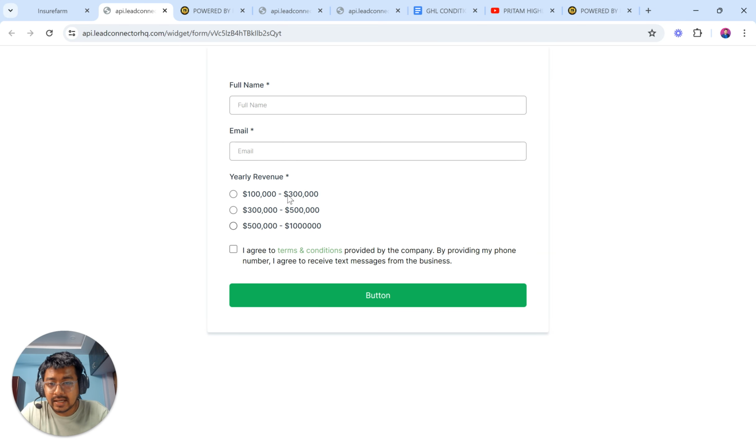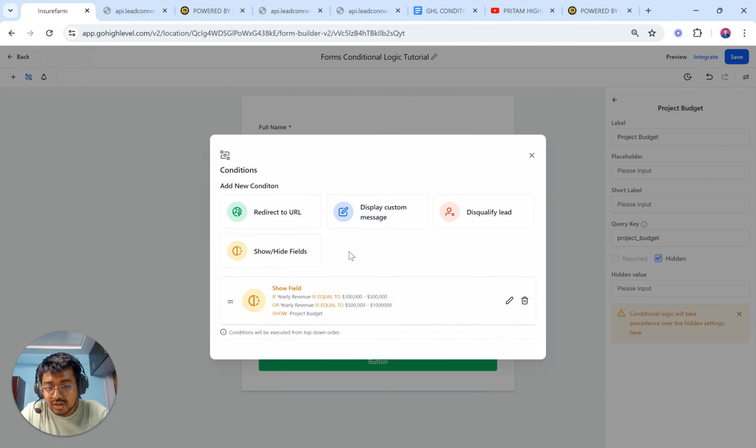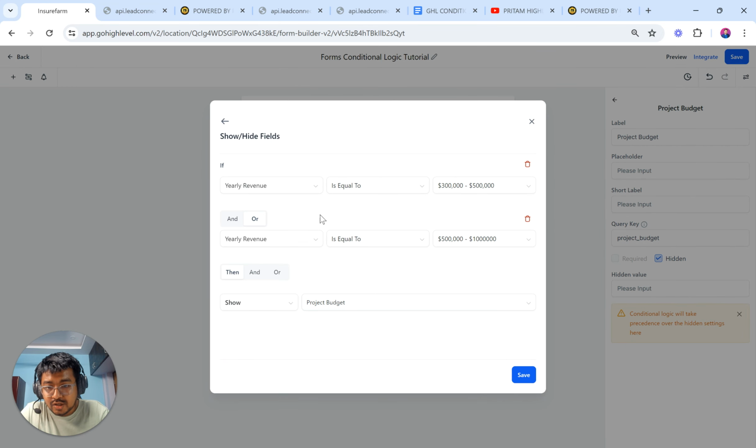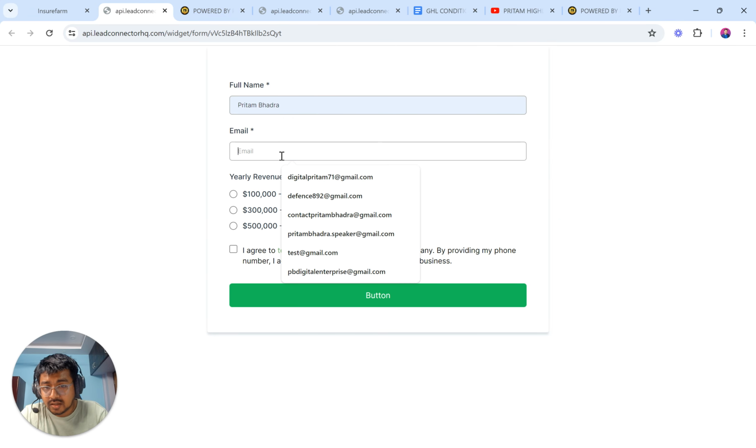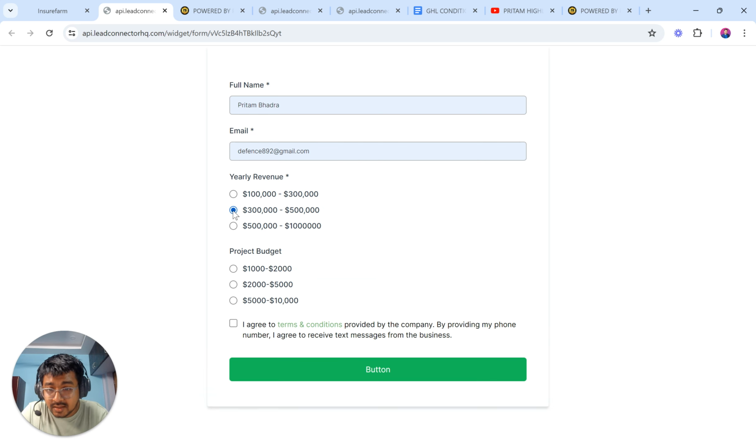Okay, as you can see here, ideally it's not showing me the option for project budget. Now, based on the conditional logic that we have set here, right, it should only show me the project budget when it is equal to either $300,000 or equal to 500 to $1,000,000, right? So let's say you put in your details here, and then the yearly revenue, right? If I click on 100,000 to $300,000, it should not show me anything, right? So let's click on that. It's not showing me anything, right? This is pretty interesting. However, if you click on 300,000 to $500,000, it's going to show me the project budget,